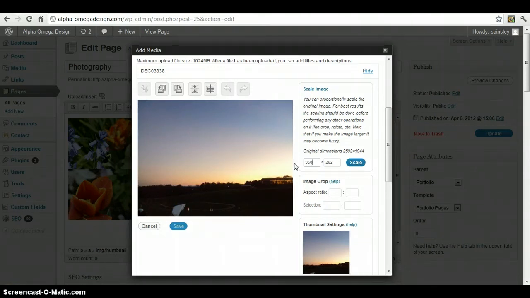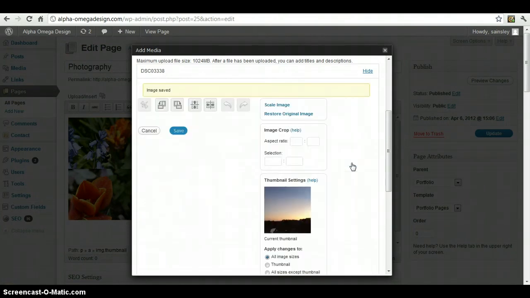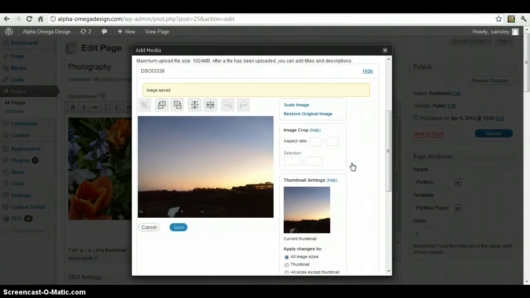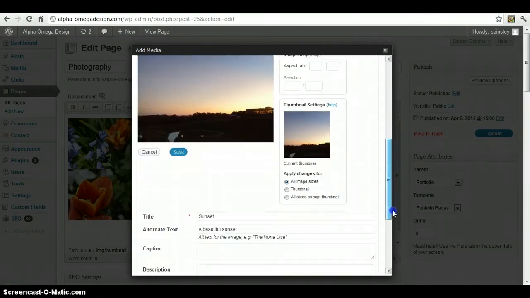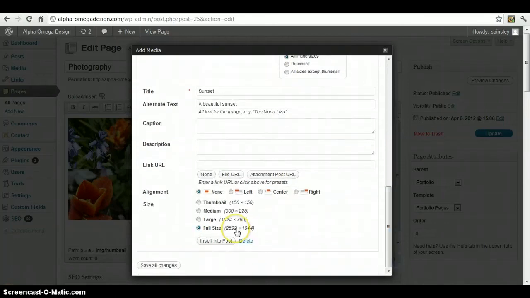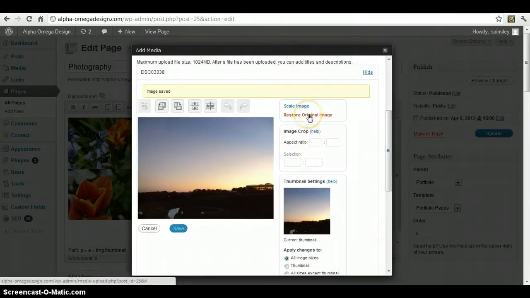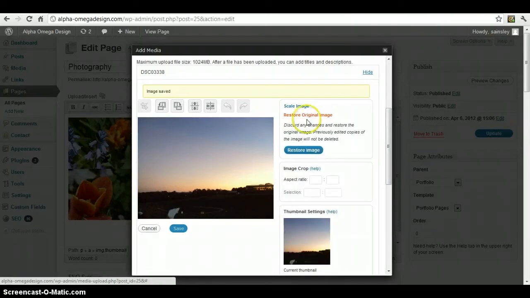So let's say we want it 350 by 262. So we're going to tell it to go ahead and click scale. It's going to go ahead and scale that for me. Let's look at that. Looks pretty good. If we want to go back, we just click right here. It says restore original image, and we're going to do that real quick just to